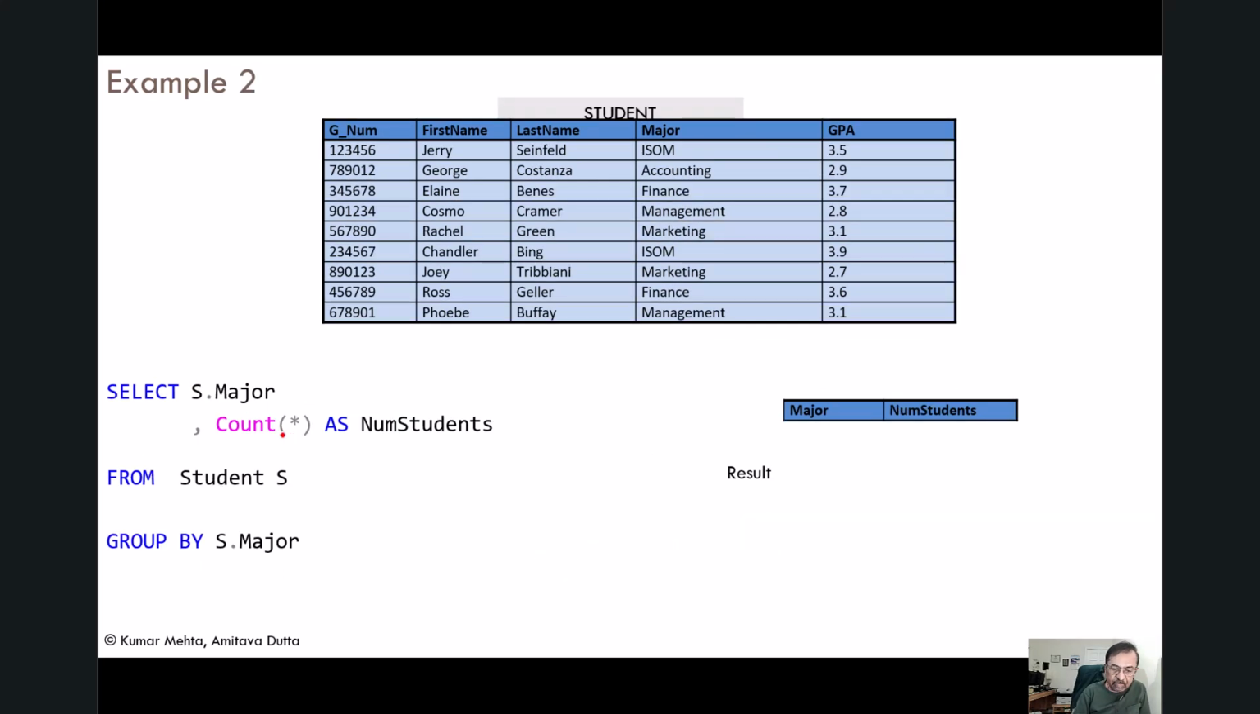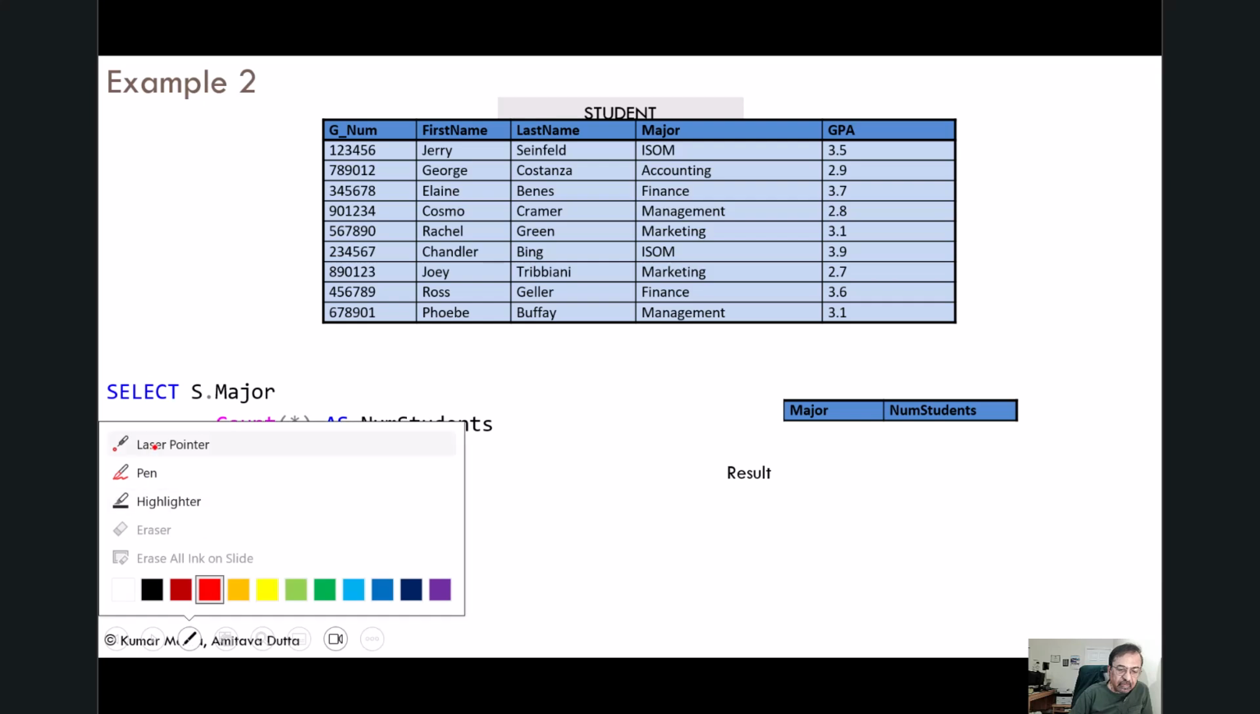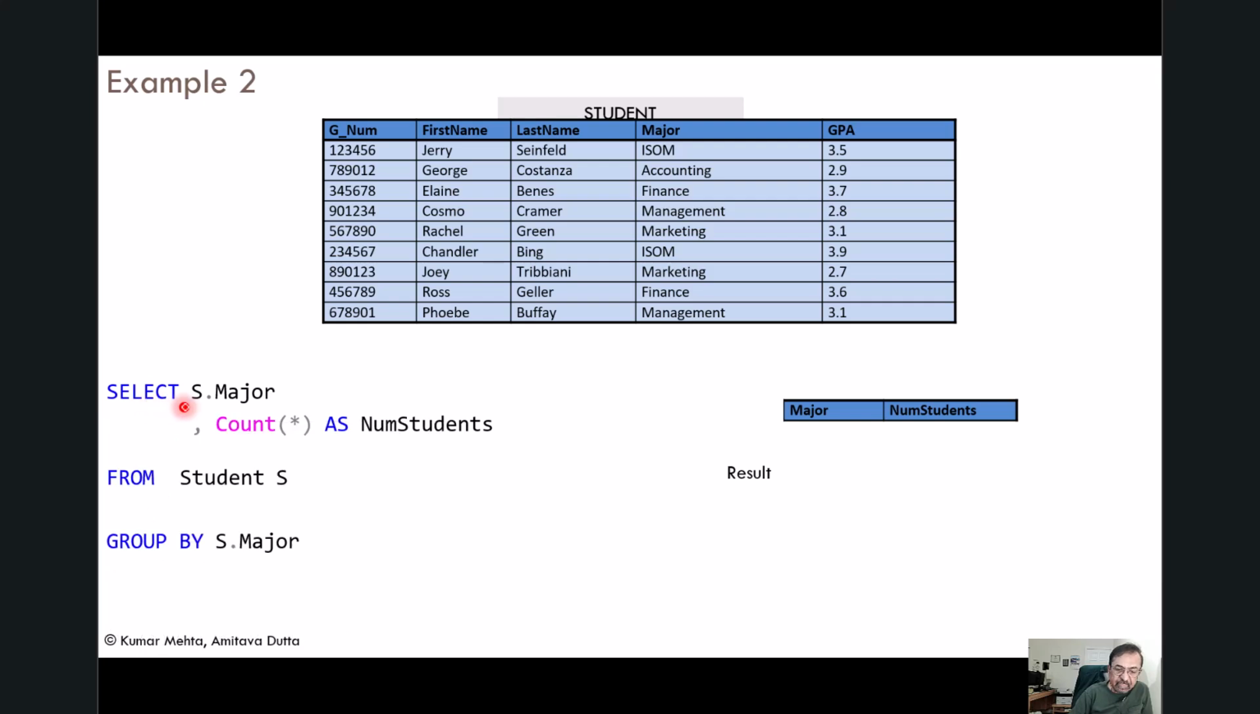Continuing with the examples over here, so take the laser pointer. So I have select s.major, comma, count star as num students. As is just an alias for the column name, from student s, group by s.major. Fine. So we'll go through the same routine. What is the order in which the clauses are executed? First clause to be executed